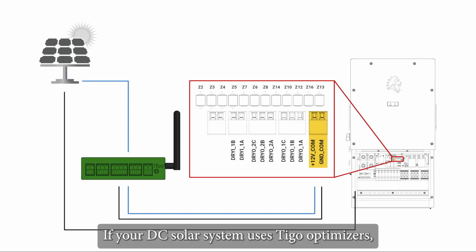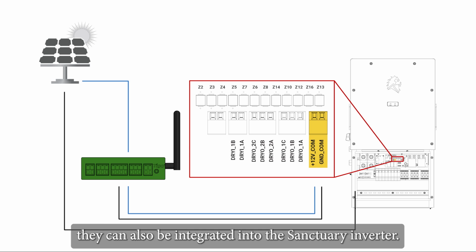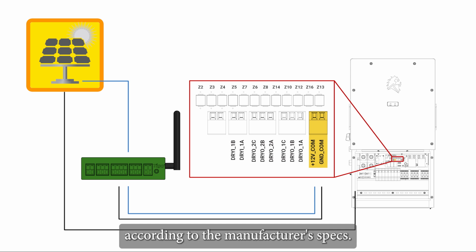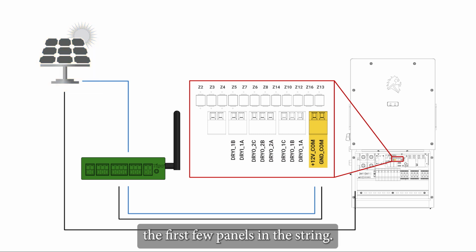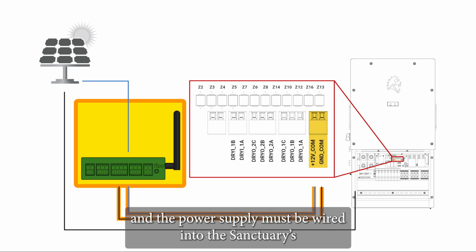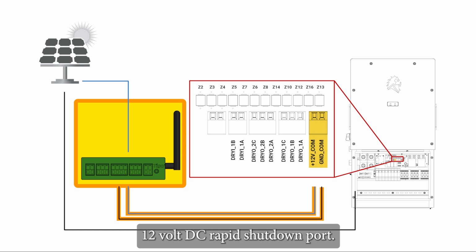If your DC solar system uses Tigo optimizers, they can also be integrated into the Sanctuary inverter. Install optimizer modules on each solar panel according to the manufacturer's specs. A Tigo access point should be placed near the first few panels in the string. The Tigo CCA must be installed, and the power supply must be wired into the Sanctuary's 12-volt DC rapid shutdown